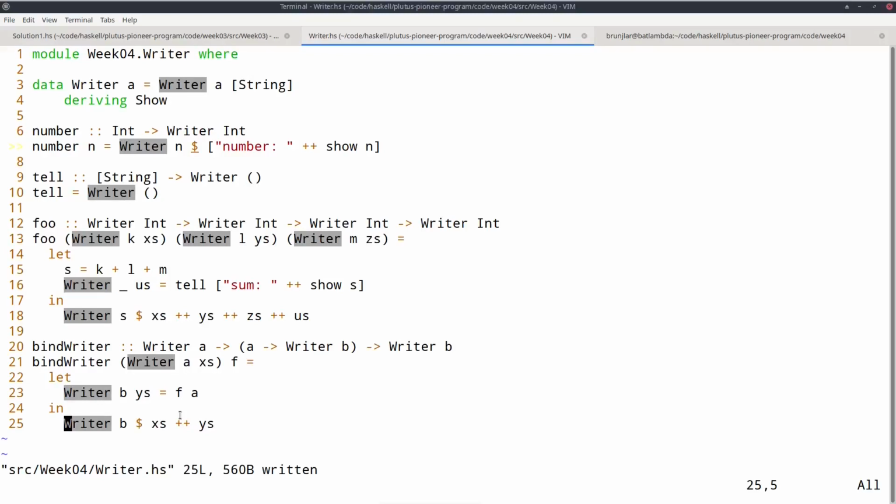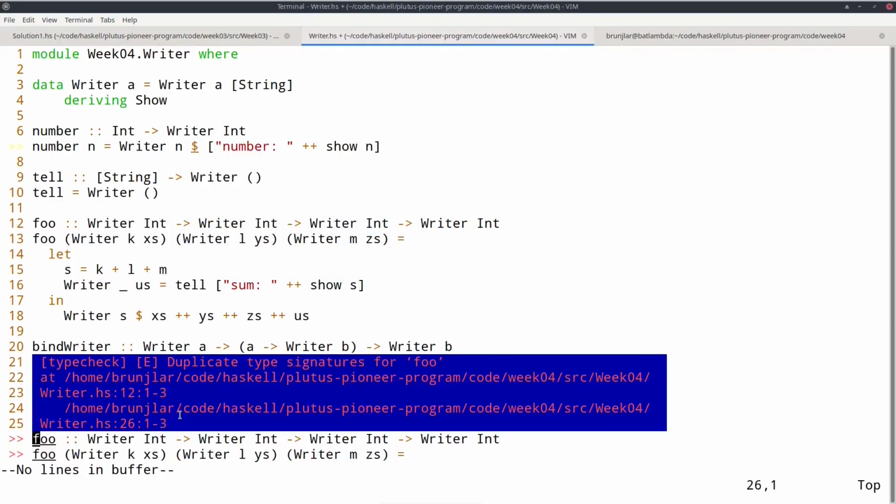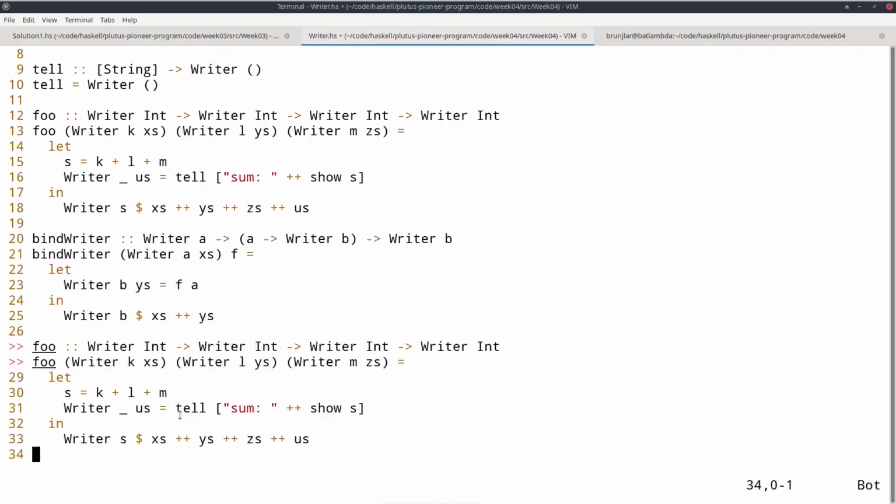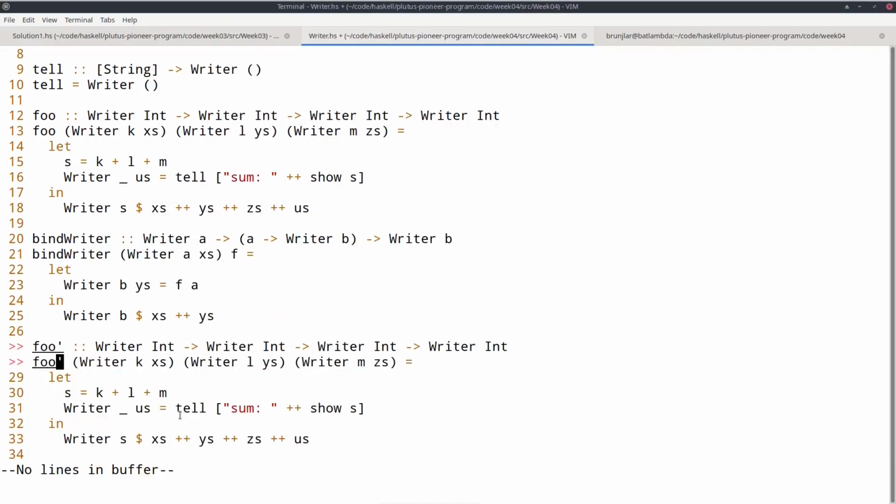And now using that, I can rewrite my foo using this bind writer. And make it much nicer.